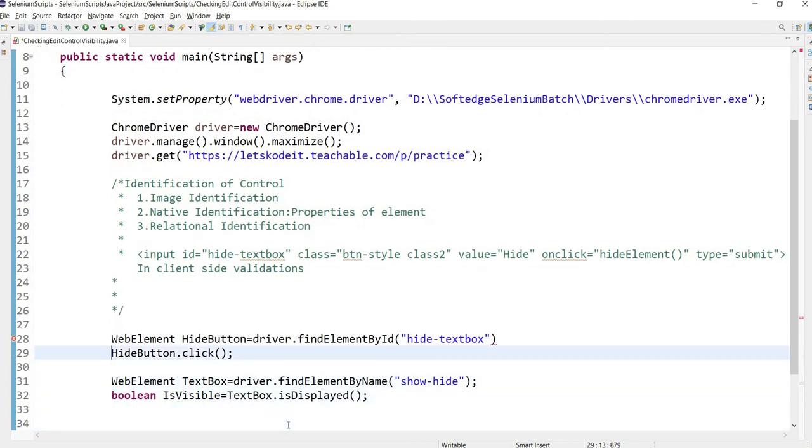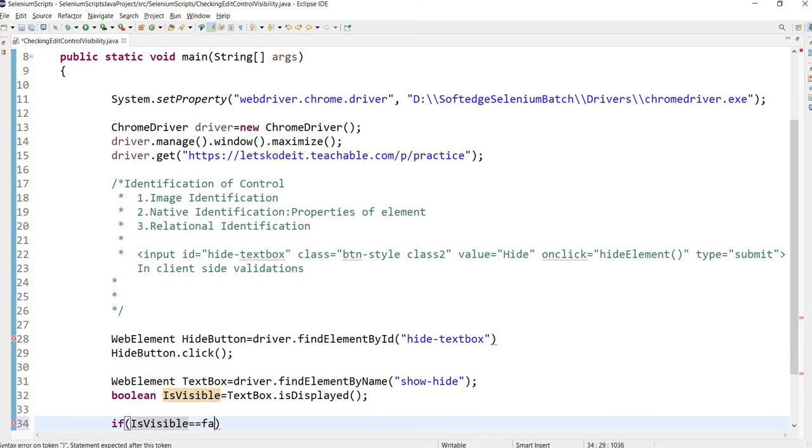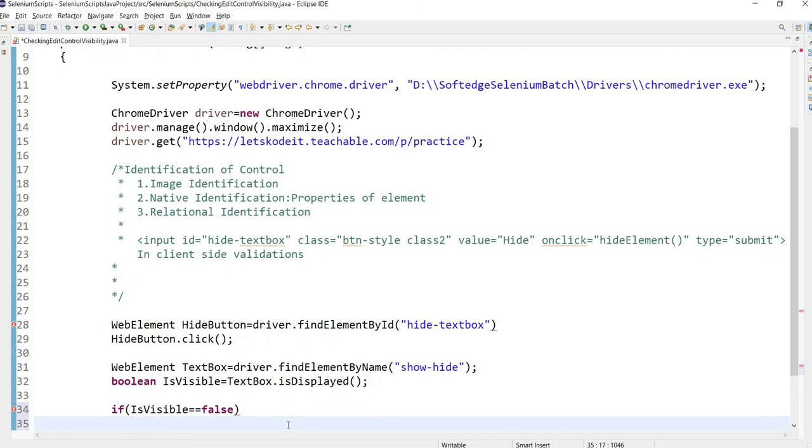Now what are we expecting after we click on the hide button? We expect this variable to contain false value. So isDisplayed should return false. So what I will do is check if isVisible is indeed false or not. If it is false, I will give a message that hide button works fine,